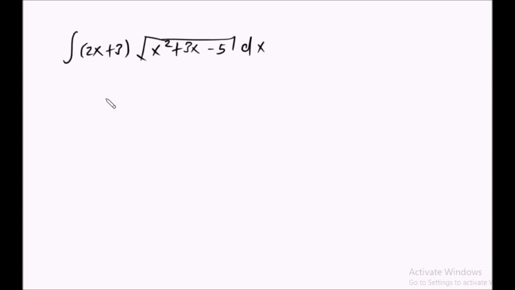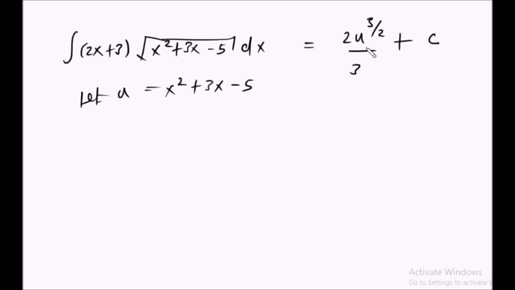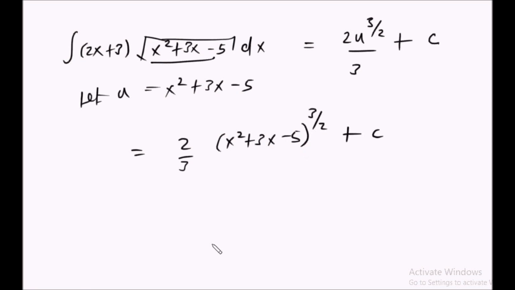So ilikuwa hivi, so nikalet u iwe sasa na hiyo, okay, nikaja nikapata jibu itakuwa ni sasa na nini? Itakuwa ni sasa na 2u power 3/2 chini ya nini? 3 plus c, lakini u ni nani? Ni huyu hapa. Kwa hiyo jibu kumbe ni 2/3, so it's x squared plus 3x minus 5 power 3/2 jumlisha c. So nikisimplify even further,